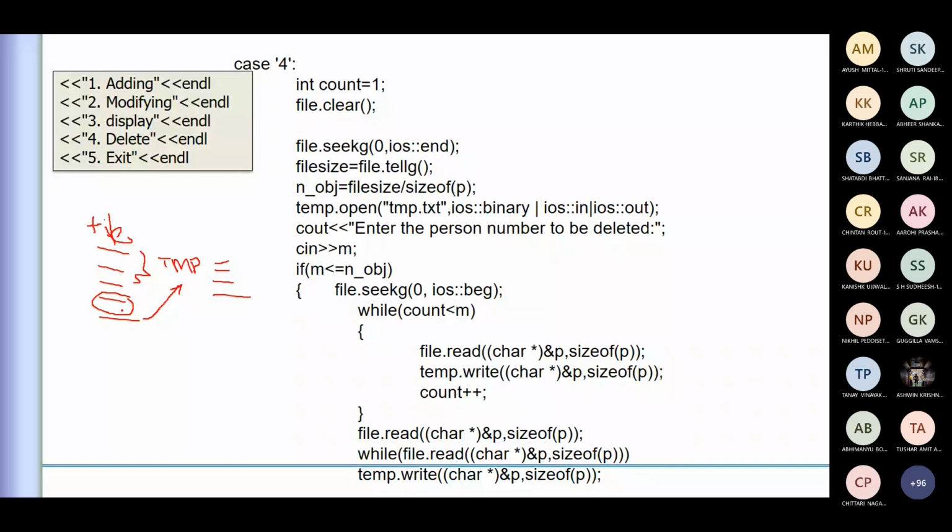But if you see the file reading, the object reading for this particular record, you're reading all of them, but writing is only the required one. So three of them, and you just excluded this, and again you write the information here. So in the temporary, basically you will be having 4 records, excluding this, whatever is required. Okay, is it clear for you? Is it fine? Any doubt in this delete?